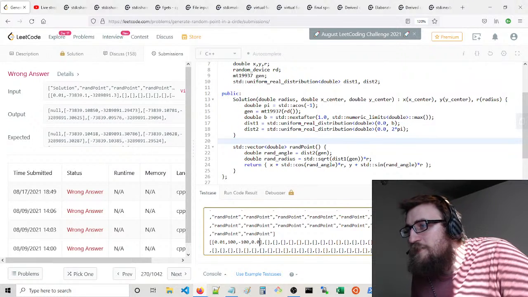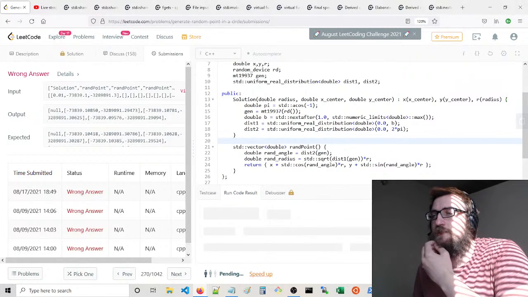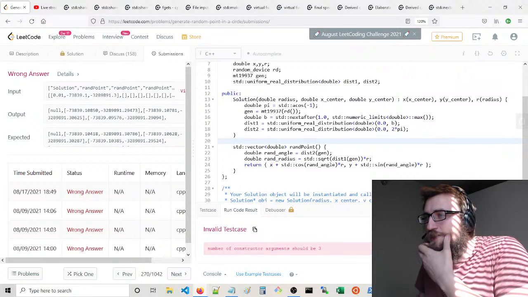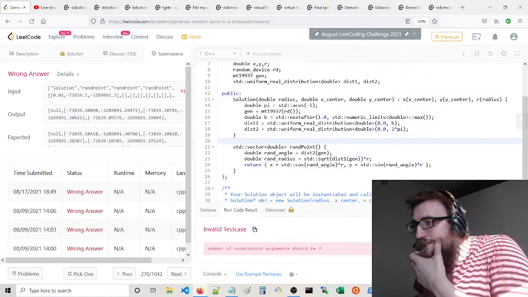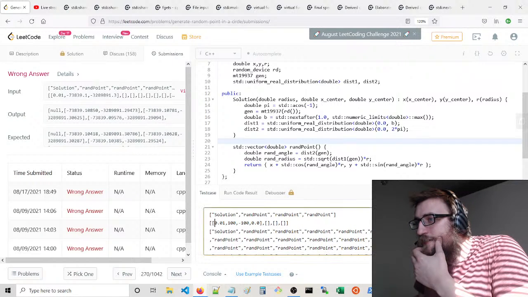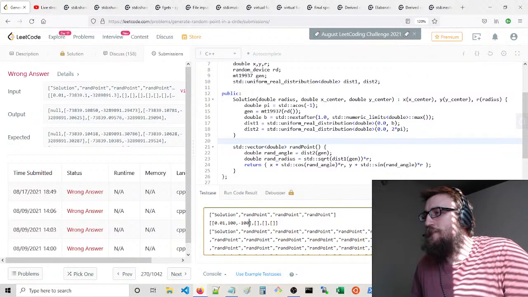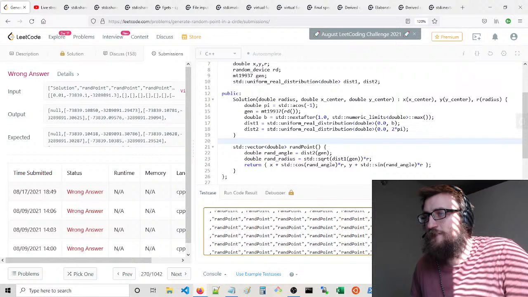Yeah, okay. Does this work? There's a bunch of things I need to say. I'll just get to that in a second. Invalid test case. Nice. Nice. 1, 2, 3. And then somewhere down here is